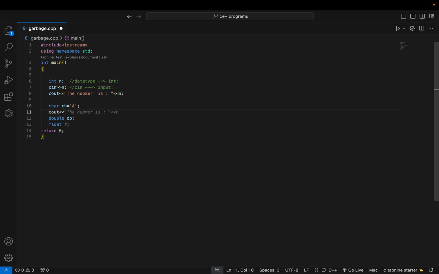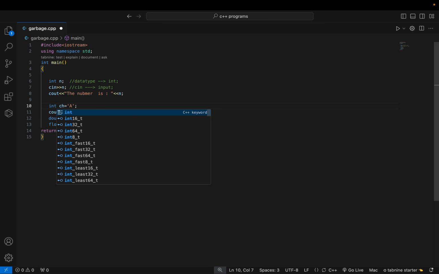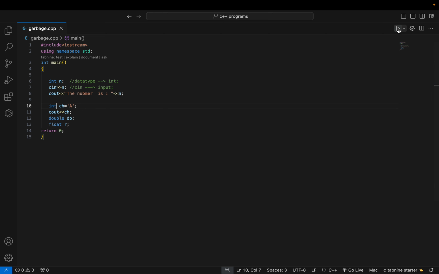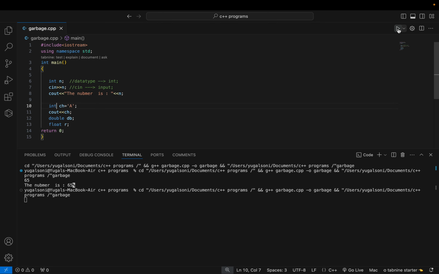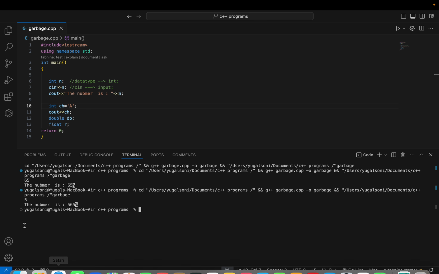Cout ch. So it will print A. But for example, I am declaring character as an integer, and if I cout ch, in that case it would give me the ASCII value for capital A. See, in this program type 5, hit enter, the number is 5, and 65 is the ASCII value for capital A. I should also write an endl,